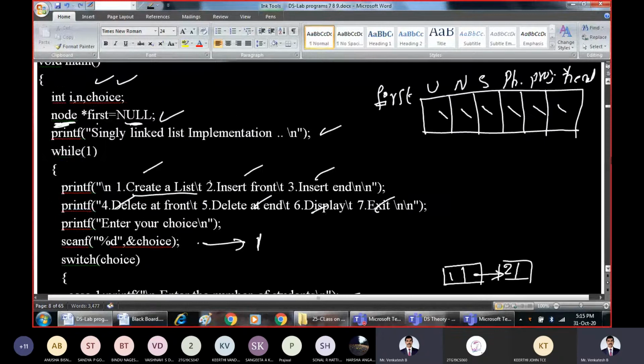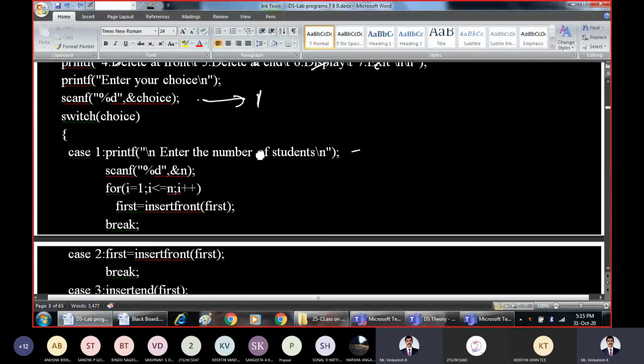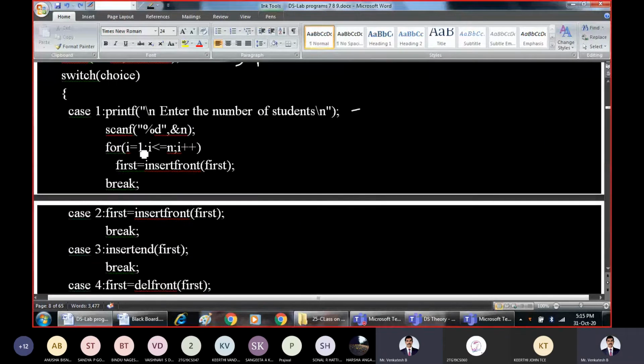So that's it. One more logic you can use for remembering. Now for every iteration, how many times will it repeat? It will repeat from 1 to n. That means the value of n is 2. 2 times we are going to call, because we want to create the details of 2 students, so it will repeat for 2 times.